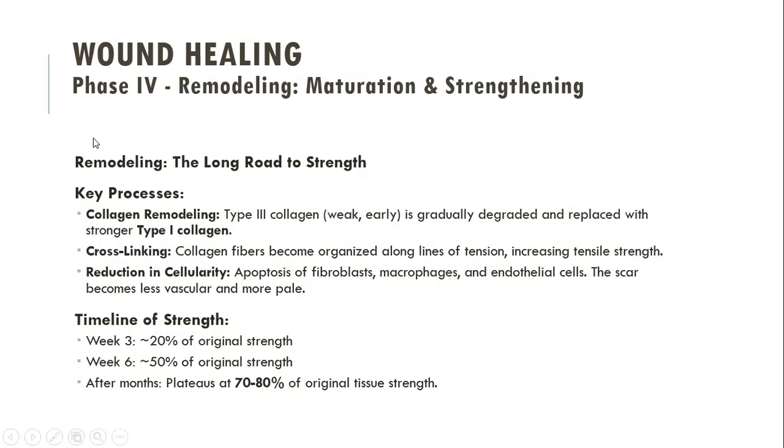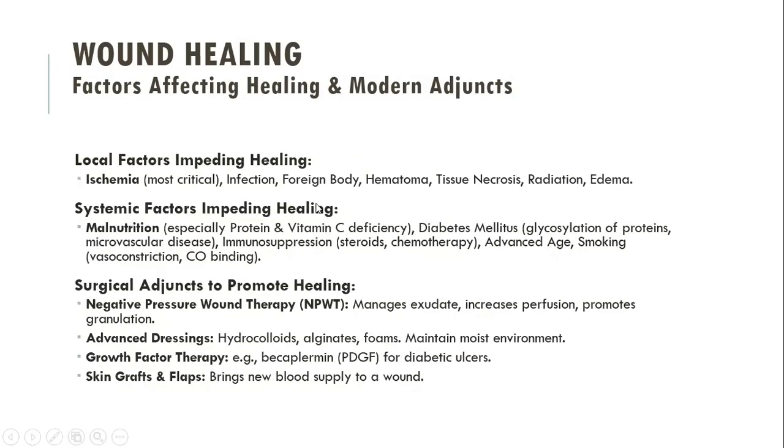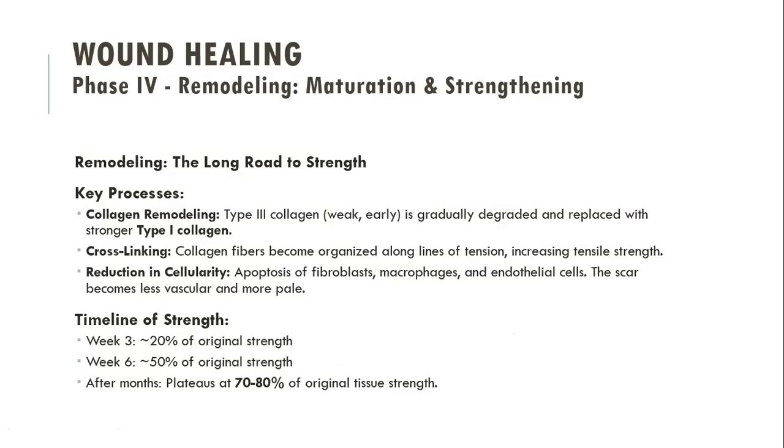In phase four, that is the phase of remodeling, maturation and strengthening, the key process is collagen remodeling. Collagen type 3 is replaced by type 1 collagen, that is the stronger collagen. And also the cross-linking of